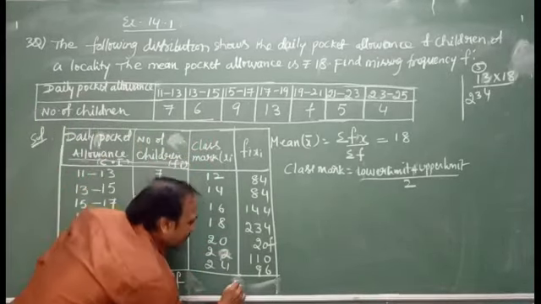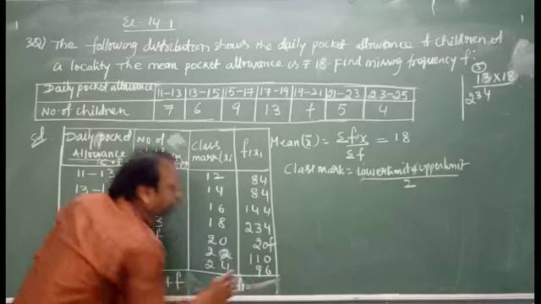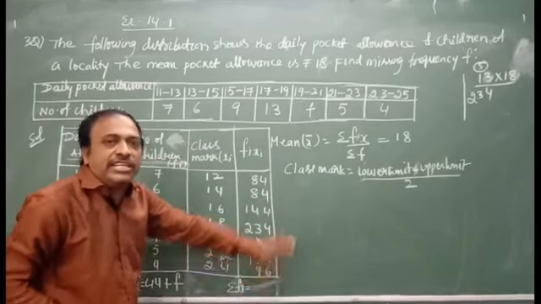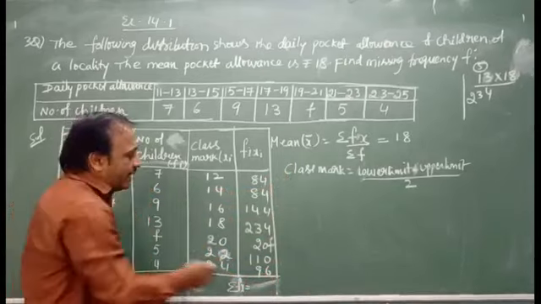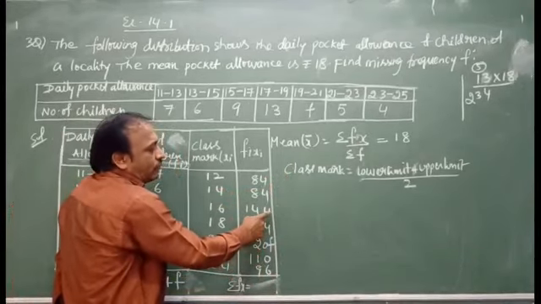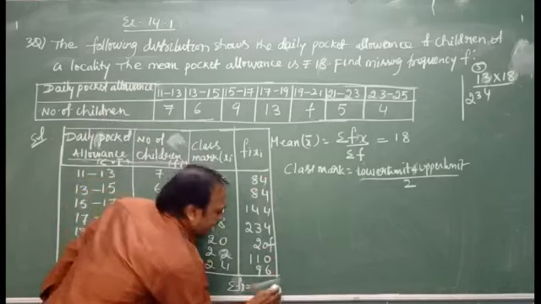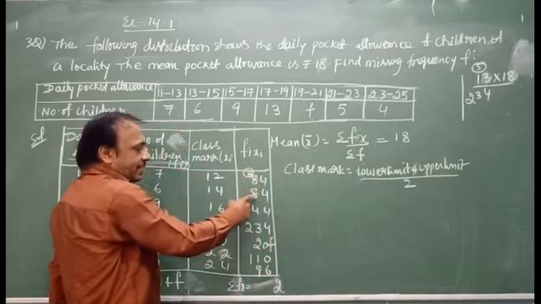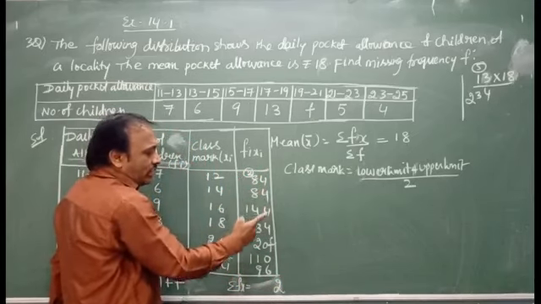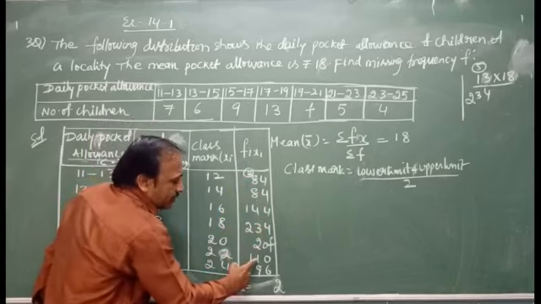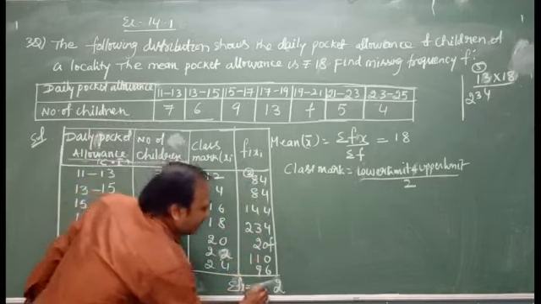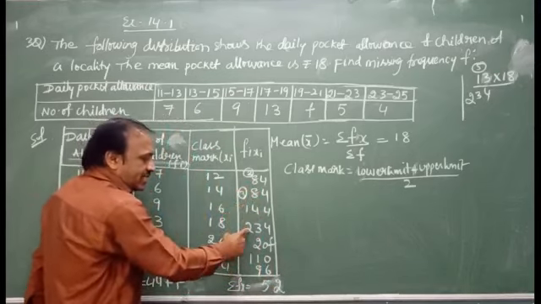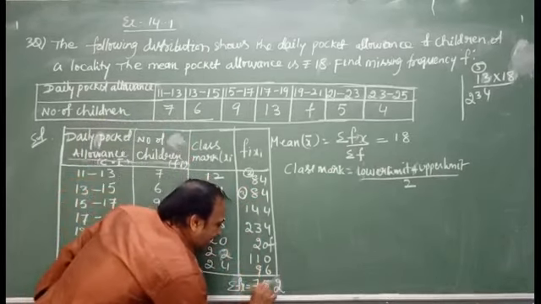Now if we add these values, that is sigma fx. Forget about this 20f because it has the variable. The rest of the values you need to add. 6 plus 4, 10, 14, 18 plus 4, 22. So this is 22. 2 carry, 8 plus 2, 10, 18, 18 plus 4, 22, 22 plus 3, 25, plus 1, 26, 26 plus 9, 35. So here 35, 3 carry. 3 plus 1, 4, 4 plus 2, 6, 6 plus 1, 7, 752.